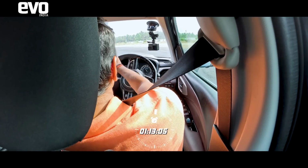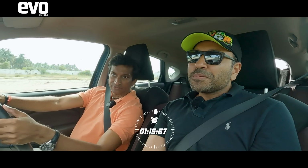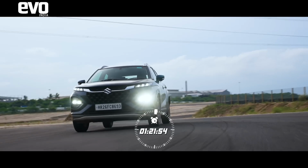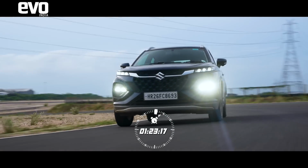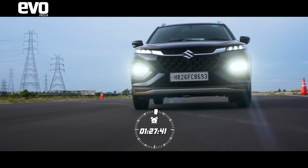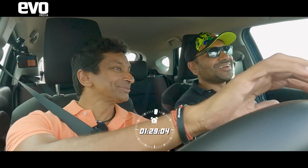What do you think of the engine? The engine is quite, the power delivery, and as well as it's light, right? So it kind of pulls through the gears. But the gearing also is very spacious in between. It's very tall. Well, all these cars are so close to each other. Of course,